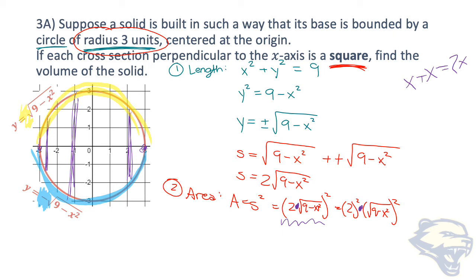This is not like distributing to a plus, right? This is an exponent applying to multiple parts of multiplication. So 2 squared is 4, and then on the root, squaring it just gets rid of the root. So the whole area expression just becomes 4 times 9 minus x squared. The root's gone because we squared it out. That 4 times 9 minus x squared is going to be a little easier to punch into the calculator, but